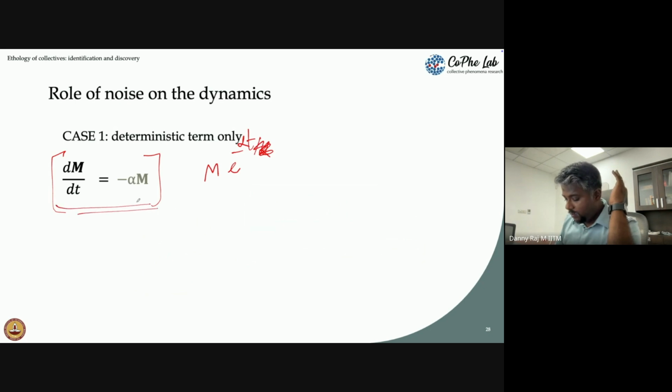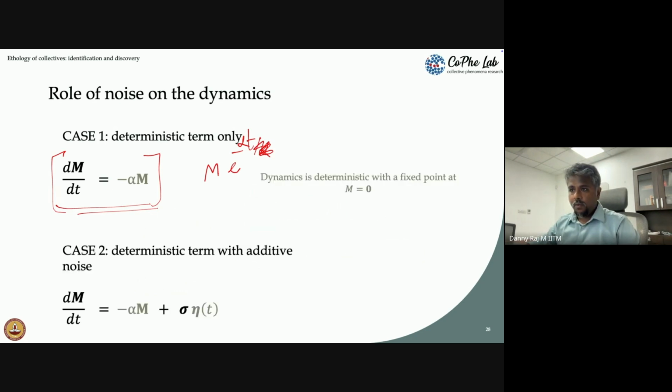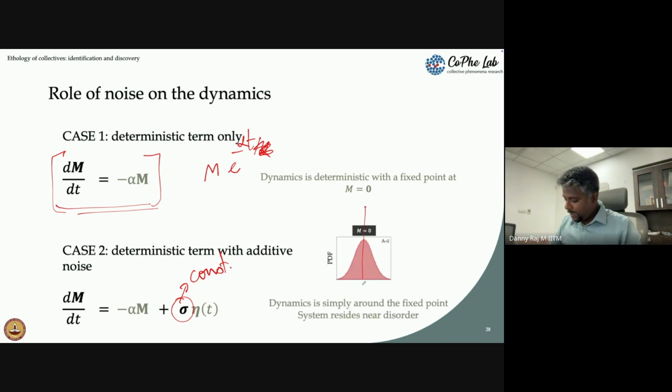All this tells you is that m goes to 0 with time. That is what this equation is predicting. And let's say you add some noise, where the noise is a constant, not the kind of g that you had. Okay, what do you expect? You expect the dynamics to be about 0,